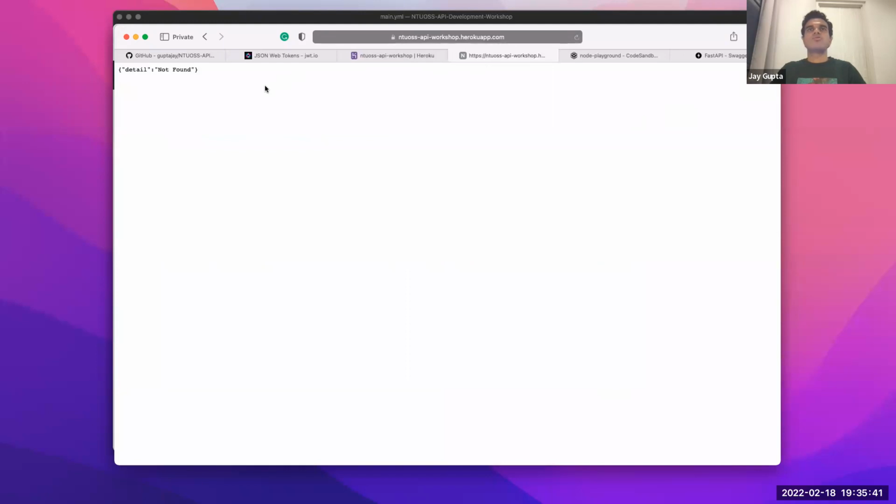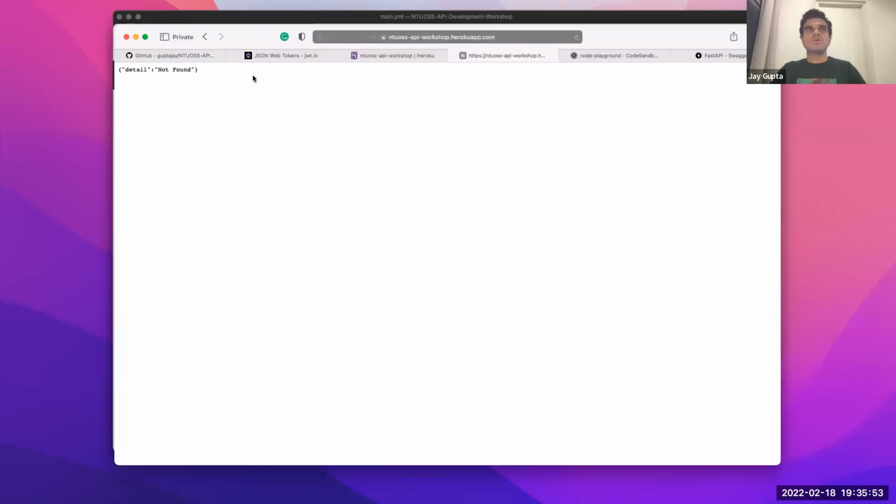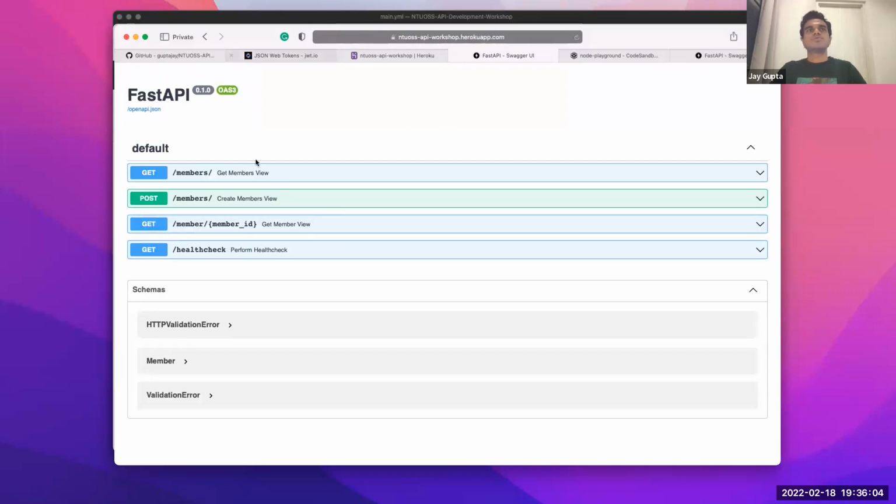And then it will open the application in a separate tab. So you can see right here, you have your own URL. This is what you named your application. And then you can go to this URL and you will see the API deployed live. So if you would like, you can go to /docs, and then you should see the